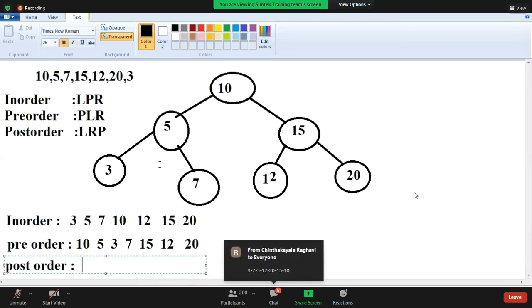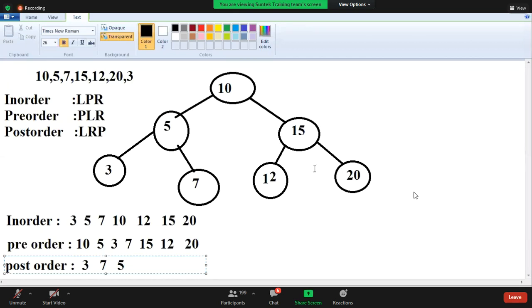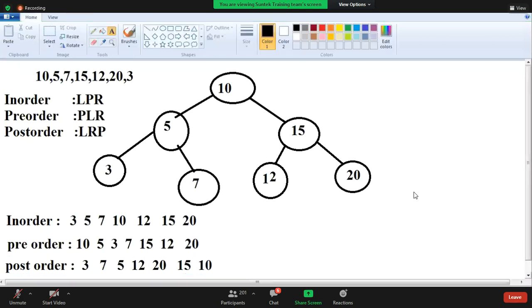Left 3, right 7, parent 5. This is the left total. When it comes to the right, again left, right, parent: 12, 20, 15. Finally, the parent is 10. Already we have written this.